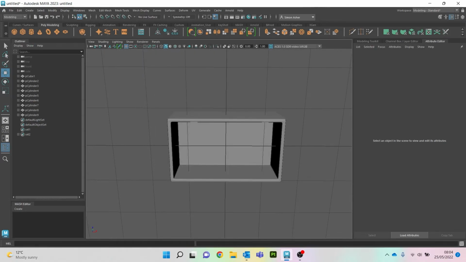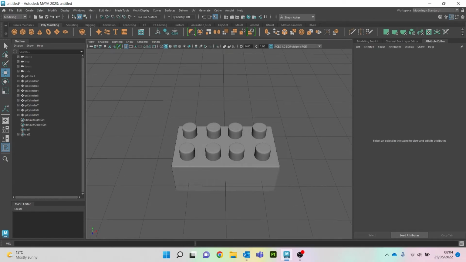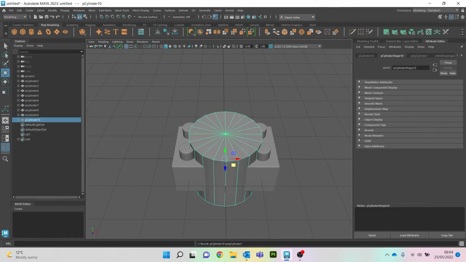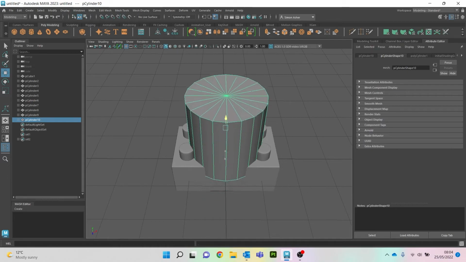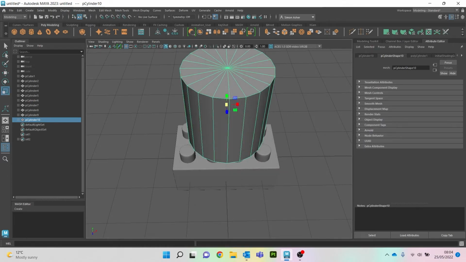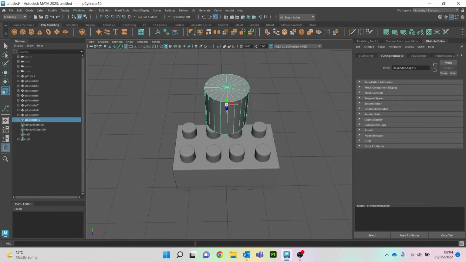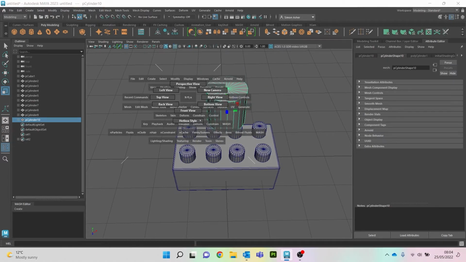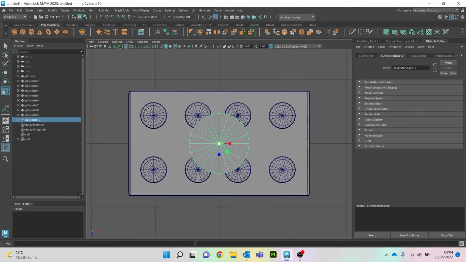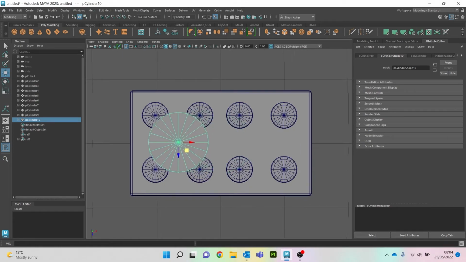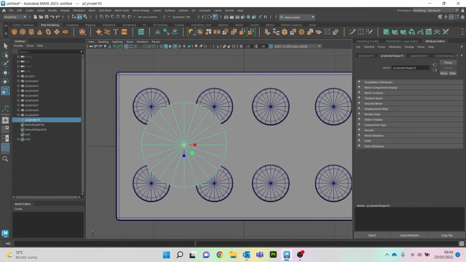Then what's left to do is underneath. So this is where we have the bits that intersect onto there. So we're going to get another cylinder, W, drag it up, R to scale. Then what I'm going to do is make sure I've got wireframe selected again, go to top view, move it into position because it's going to go in between, R to scale, drag it down until it starts to look about right, maybe a little bit bigger,